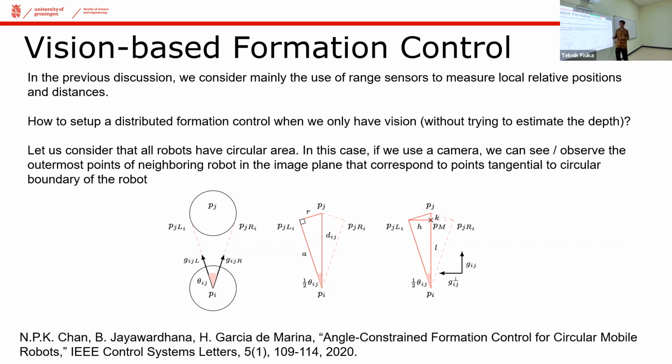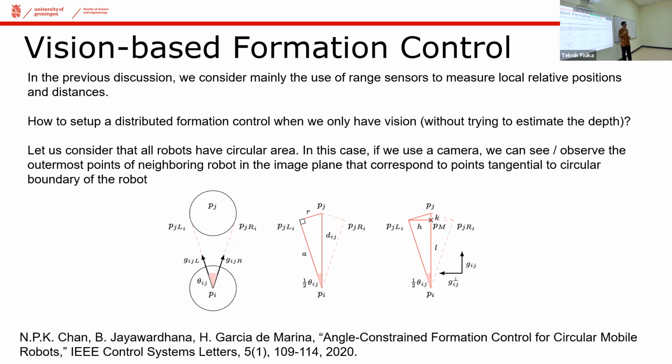And the outer edge of the robot is basically the outer element that you can see from the circle, and that is actually forming perpendicular directions to the radius. That means if you just observe the leftmost and the rightmost of your neighbors, you can have a relation of the angle, or inner angle, to the neighbors, and you can in fact use the inner angle to define your formations. And that's the way we can define formation control.